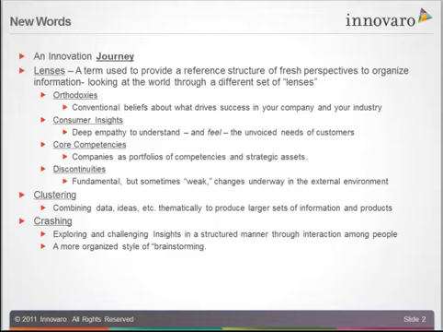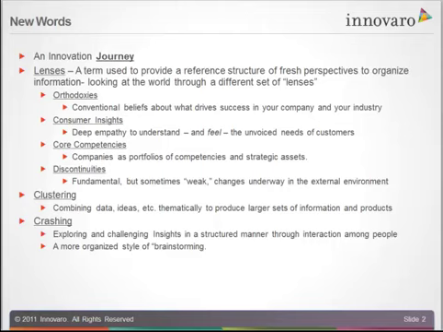Consumer insights. This is not about market research. This is about establishing that deep empathy to understand and to feel what are a lot of times unvoiced needs of customers. And you get that through observation, you get that through discussion, you get that through understanding. And it's the kind of thing where you see somebody doing something and you say, why do you do that? Right? Why this? And it's, well, I've always done it that way. It's a great difficulty, right? And there's opportunity or there's frustration in there. That's understanding and feeling that.